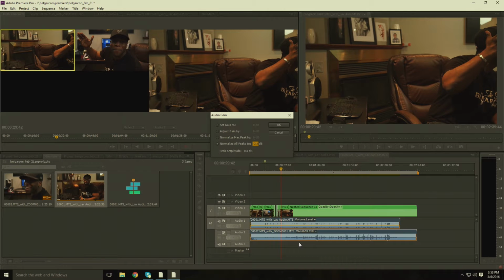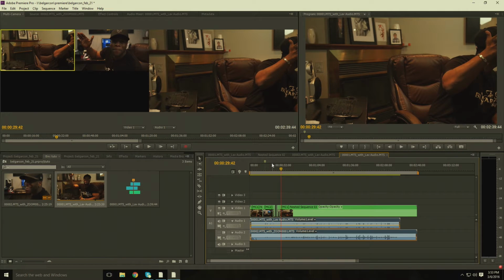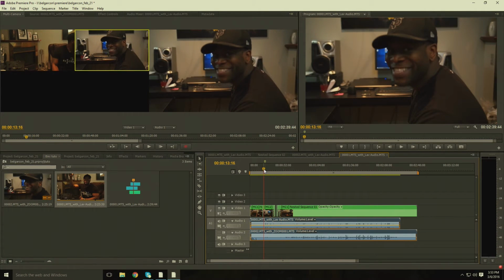So I want the max peak of this file to be at -2.8, and subsequently I want this file's peak to be at -2.8 as well. So that's why I'm using normalize all peaks. This is a good way to make sure that your audio files don't have levels that just kind of pop up and down from file to file. So that's how we do it. Here we go. This works for me most of the time. Now, if you start hearing this,